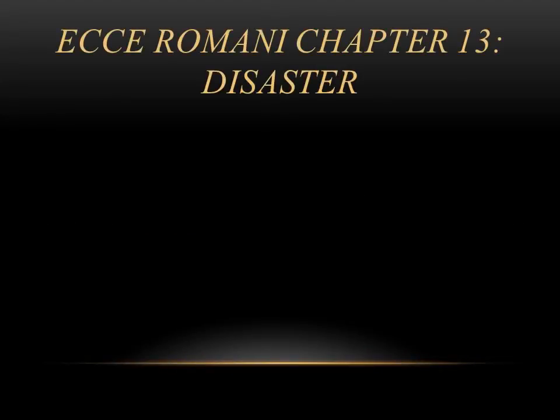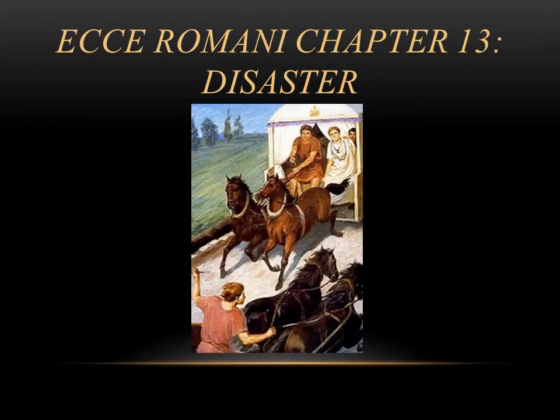Hey guys, in this video we're going to be looking at chapter 13 of the Ecce textbook titled Disaster. And in this story, you're going to learn about the family's journey as they start off to Rome. Now the grammar for this chapter is coming back to verbs, and we're going to be looking at a new tense. So everything we've done in the first 12 chapters has been what's called the present tense. In this chapter, we're going to be looking at a past tense, specifically called the imperfect.